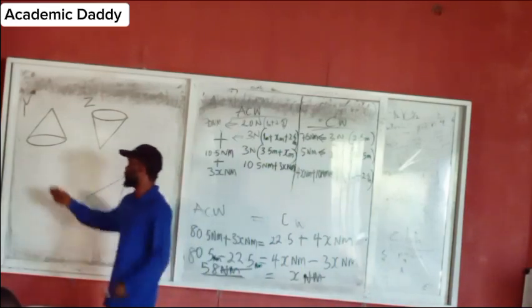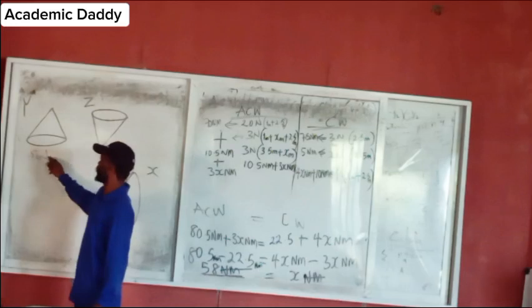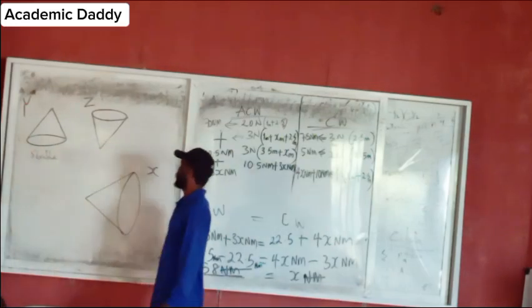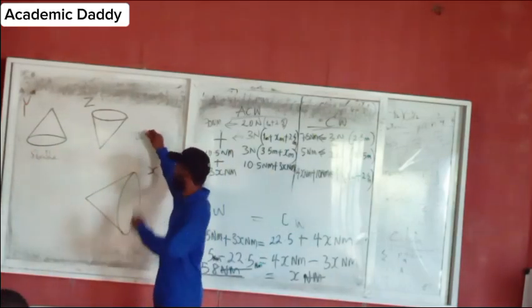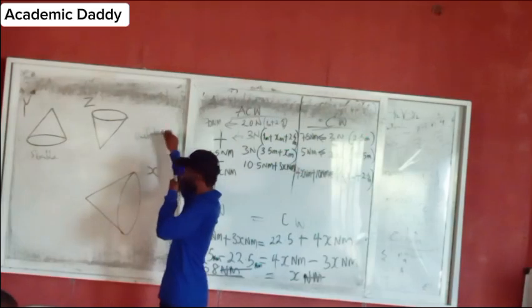Okay, you're saying this one is stable. So which one is unstable then? Z. This one is unstable. What about